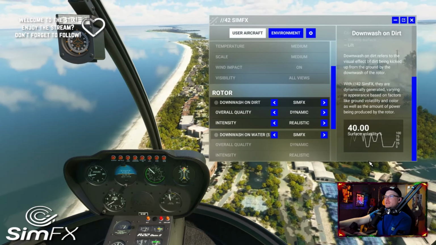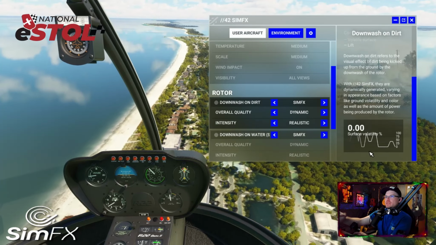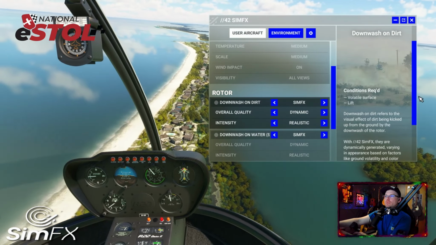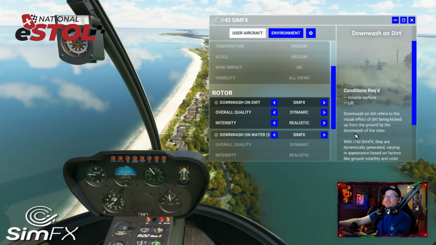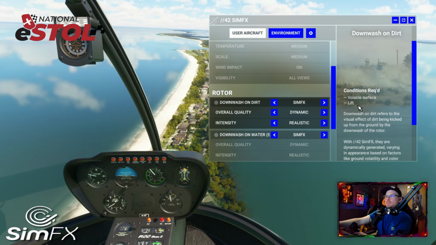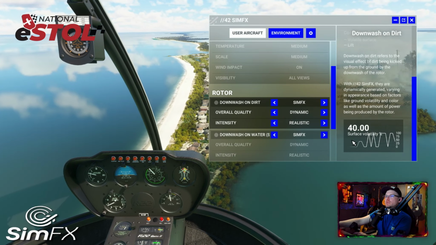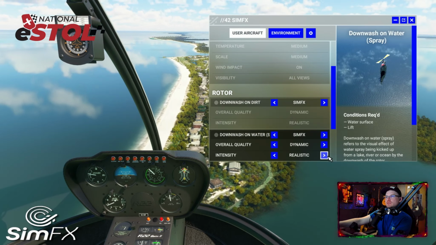What's really cool about this is we can't see the downwash on dirt because we don't have a volatile surface. We're not near a volatile surface. We do have lift, but we're not near a volatile surface. You've got to be closer to it. So you'll notice as we are going over the ground,